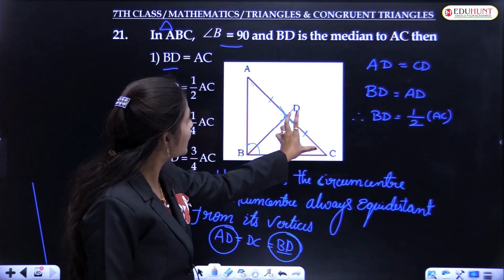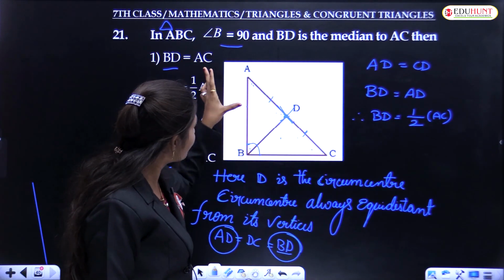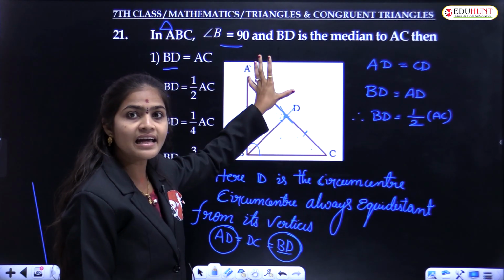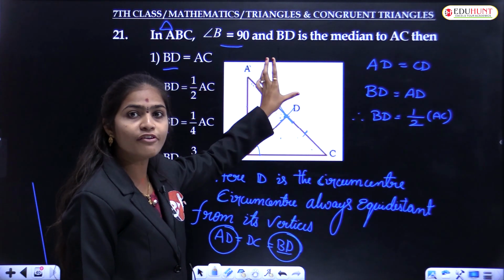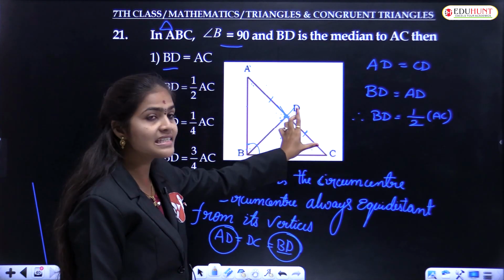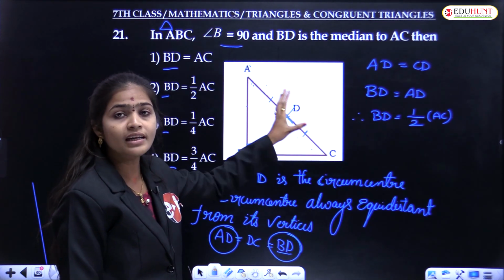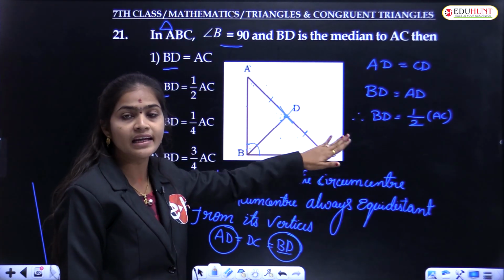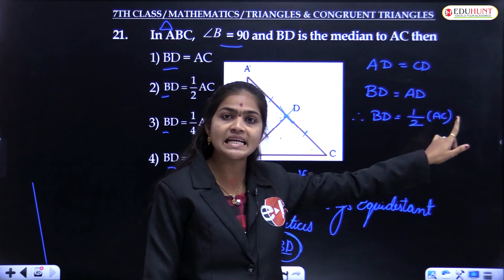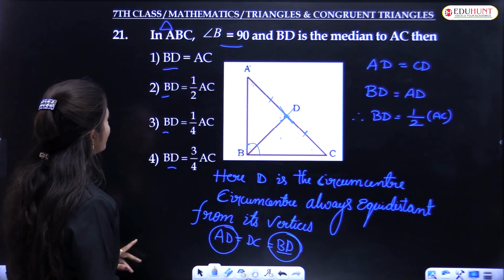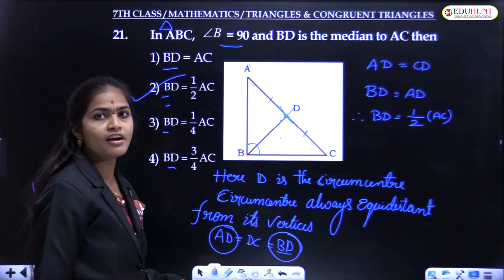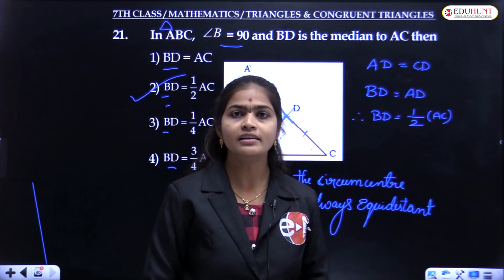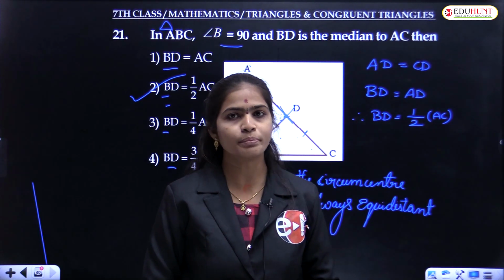Because here this is one part and this is one part. But we are only comparing AD and BD by taking AC. Okay. So AD is half of AC. AD is half the part of AC. And here DC is half the part of AC. Okay, so we are comparing only BD and AD. So AD is half the part of AC. So BD is equal to half the part of AC, also we can write that. Okay, so here which option is correct? So BD is equal to half of AC. Is it clear children? So up to here worksheet 3 problems are completed. So next we will meet with worksheet 4 problems. Okay children?